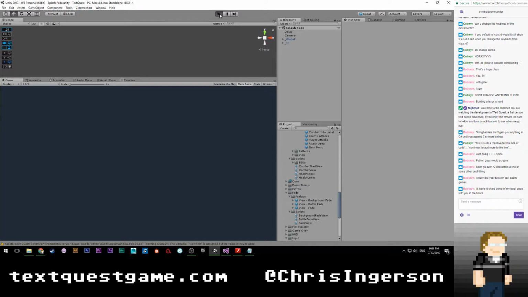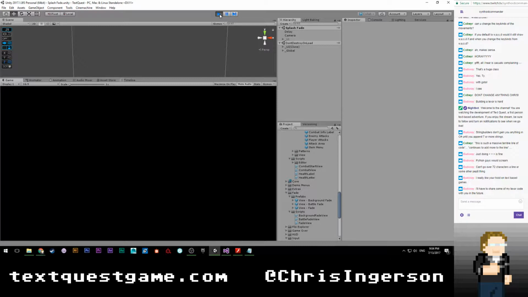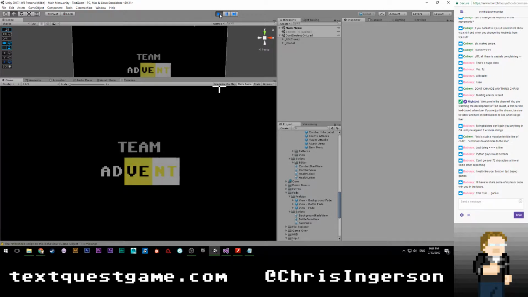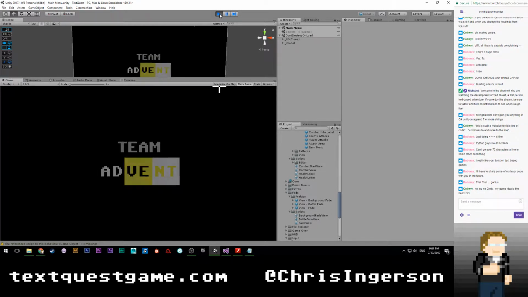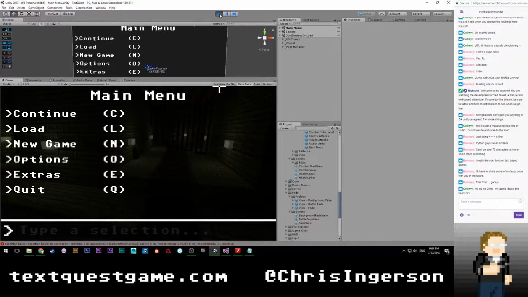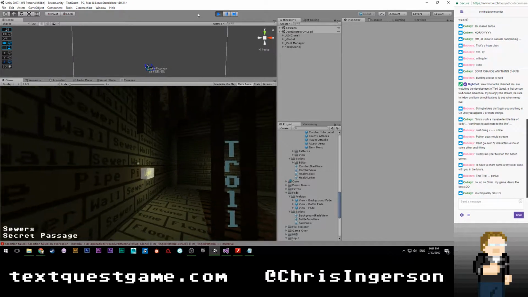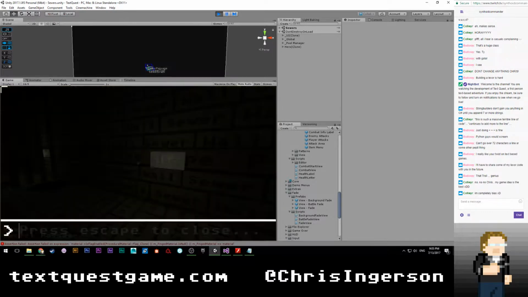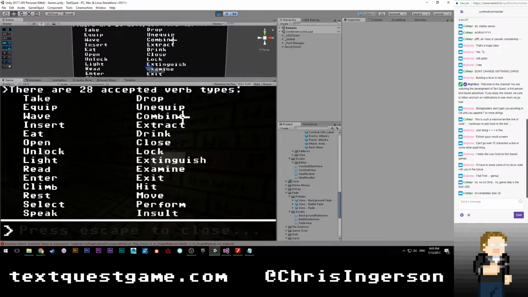Yeah, we're finally at the point in the development of the game where I'm mostly focusing on art and design, because the mechanics, I think, are pretty much all in there. They need to be refined a little bit just for usability reasons, but right now you can do things like combine items, insert and extract items from objects, you can, well, we can just do this. Oh, I guess I have to do this. You can do all of this. Oh, I lied. Perform and select are still kind of weird, because they don't have any uses right now, but they will later on in the game.